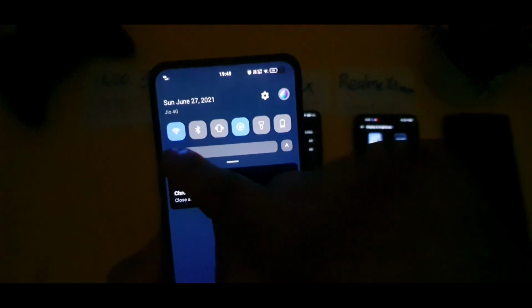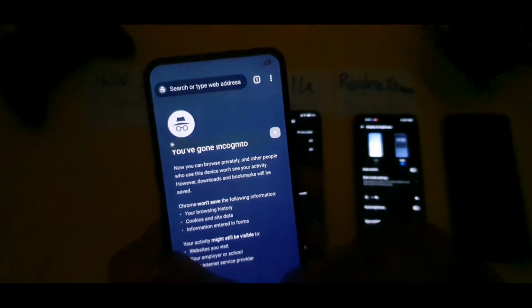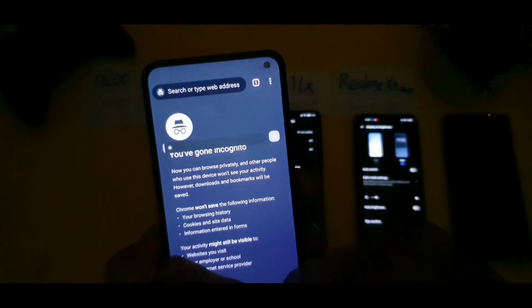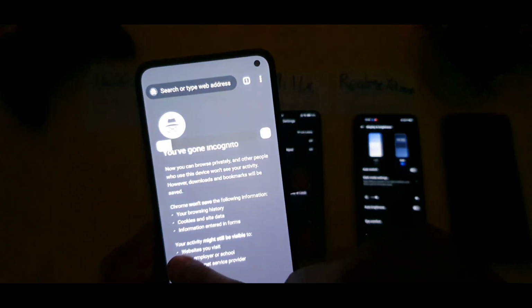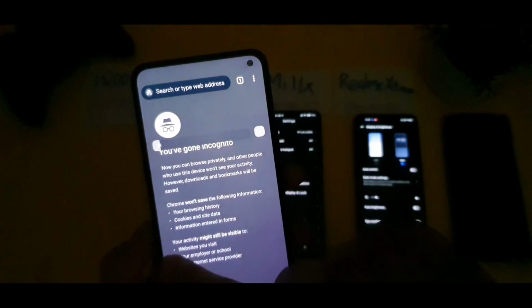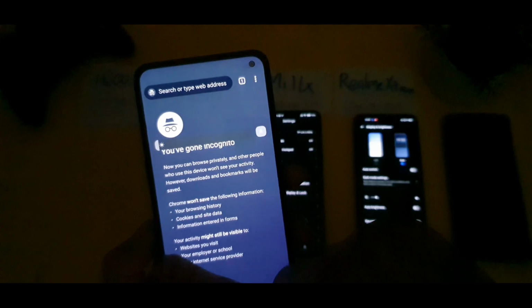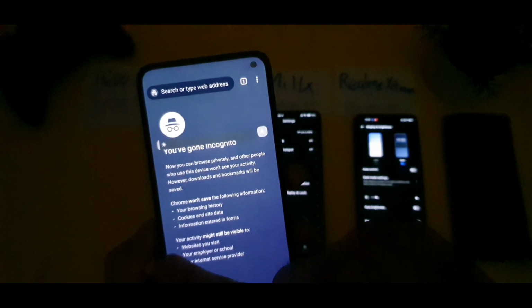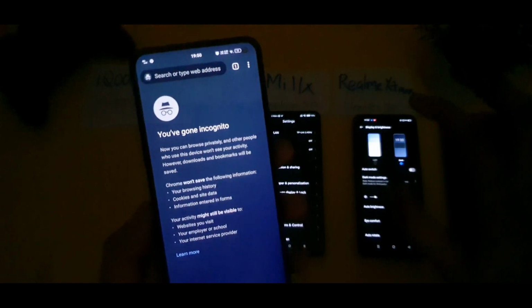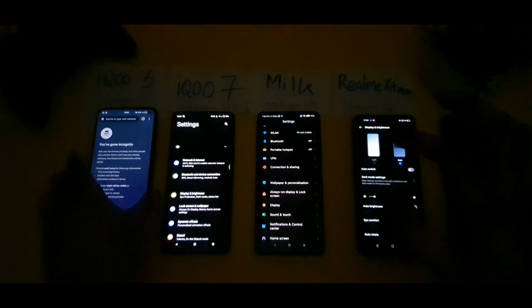Let me show you the brightness, how much I'm using. I'm increasing the brightness slightly, a little bit. As you can see, there is no green tint issue in the IQ3 device. It's perfectly alright. As you can see friends, right now I'm decreasing the brightness slowly. You can see there's no issue friends in the IQ3 device at this point. I'll keep it aside in this way.